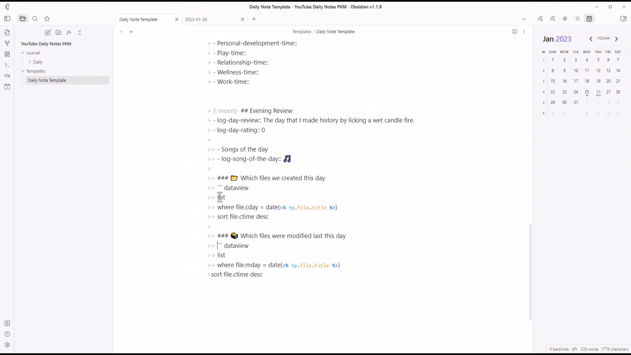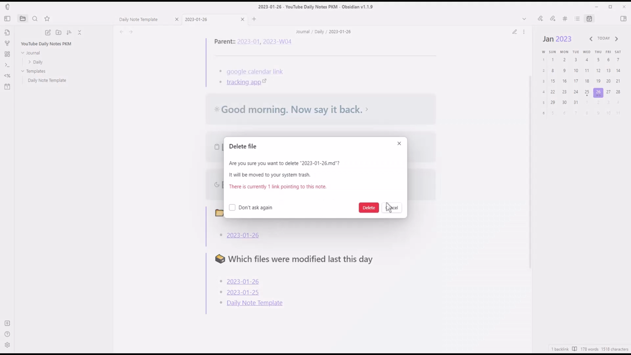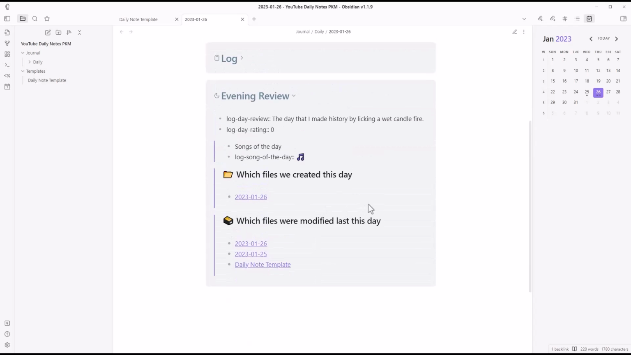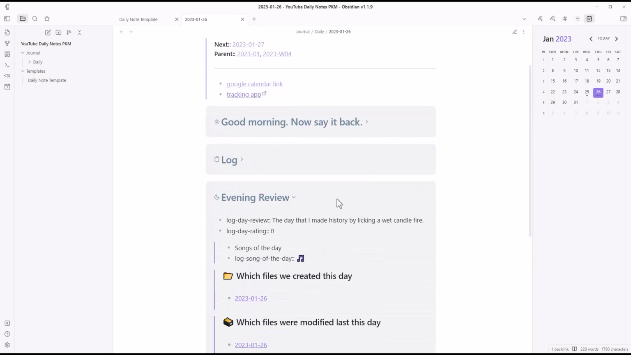Okay, so let's delete. Note, let's go and create 26 again. And easy, first try, give me a challenge. So now we have this nice little system. We have song of the day,